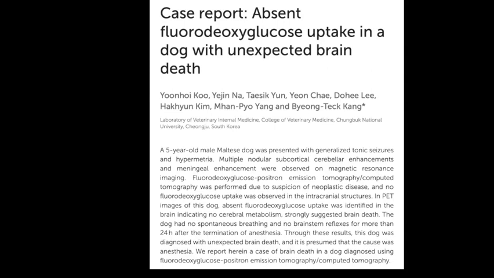Case description. A 5-year-old male Maltese dog was admitted with hypermetria that started 3 days prior and generalized tonic cluster seizures lasting 3 minutes. It was confirmed through the history taking that the dog had not been admitted to other veterinary clinics for the neurologic symptom, and that this dog had never been under general anesthesia. Hypermetria of both thoracic limbs as cerebellar ataxia was identified through neurological examination. Abnormal findings were not identified in the blood test, and it was confirmed that general anesthesia was acceptable for the